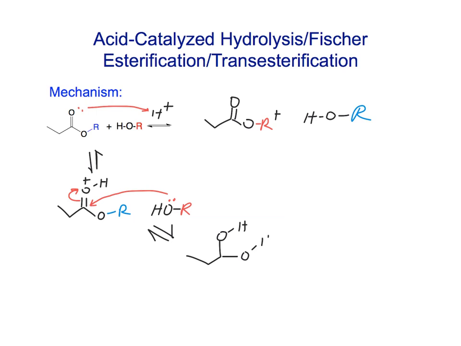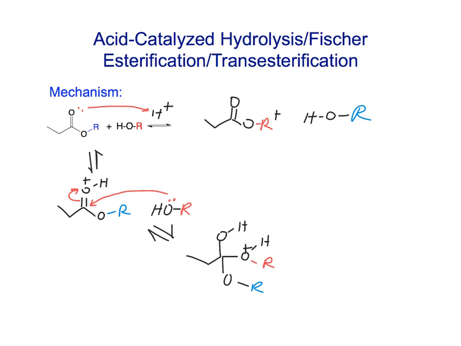Remember that the H is still intact on this group that just acted as the nucleophile, right? So we go to another tetrahedral intermediate, or this first tetrahedral intermediate, and then we're going to go to